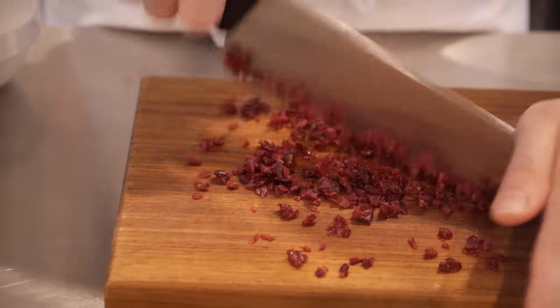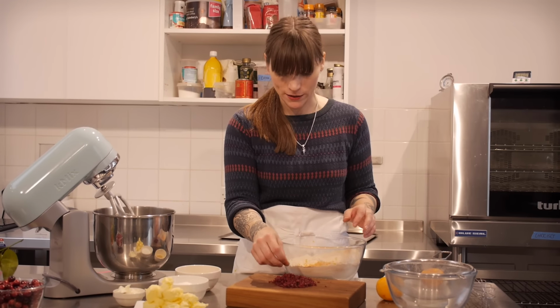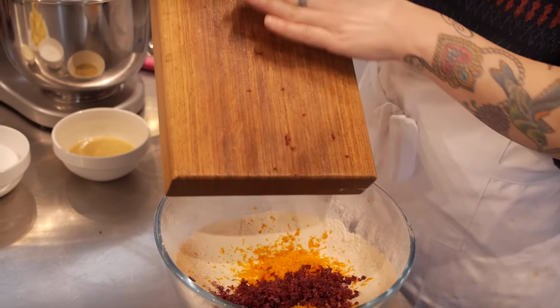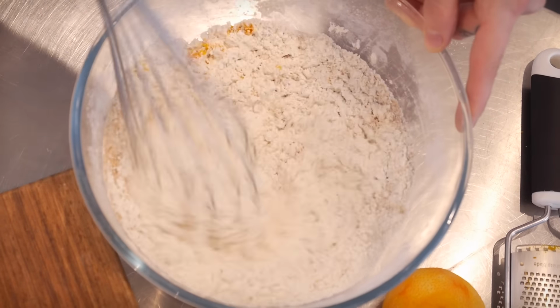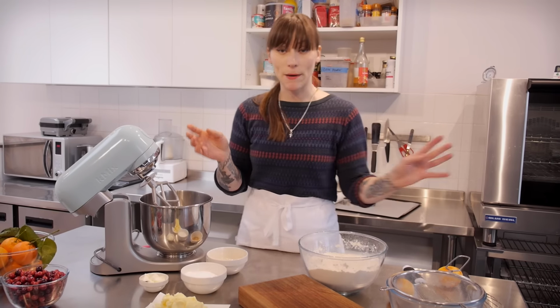And I have 40 grams of dried cranberries here, which I've chopped really, really finely, and they're no bigger now than a grain of rice because I want them to be little flecks rather than massive chunks in my cookies. So I'm going to put those in the bowl. And once you've given that a good mix, it's time to beat some sugar and some butter together,